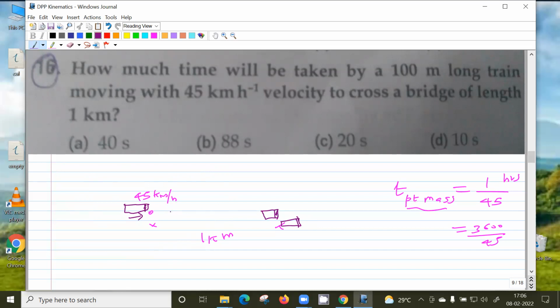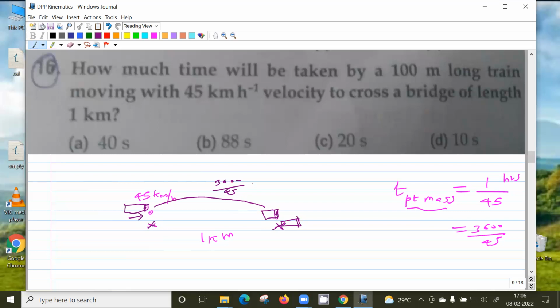So the time to go from here to this position is 3600 by 45. Got it? I'm just considering the front portion of the train. That's like a point mass. So for the front portion of the train, to travel from this point to this point will be